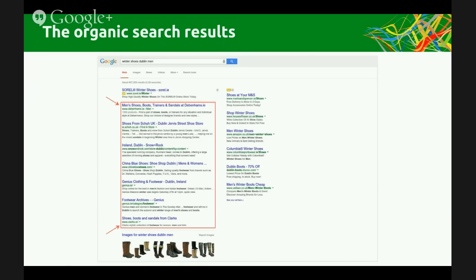So you see here the red highlighted box, which shows you the organic search results. That's how these are called. So the thing above it, the little advertisement, is not part of the organic results. This is part of the ads that Google serves. Also, the list of 5 or 6 results on the right side are also AdWords results. So to make sure that we are fully clear what we are talking about when we are optimizing your presence in search, we are doing this for the part that you see in the red box. In other words, the organic search results.